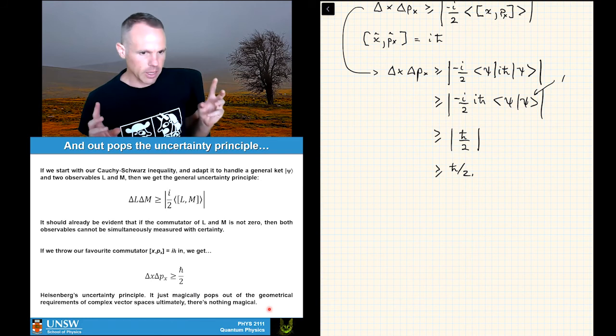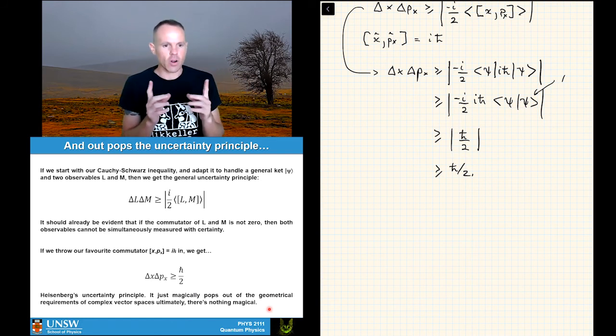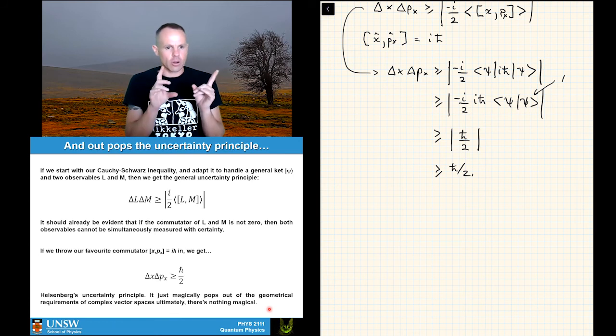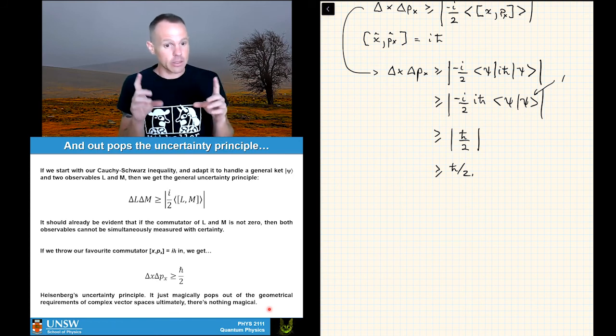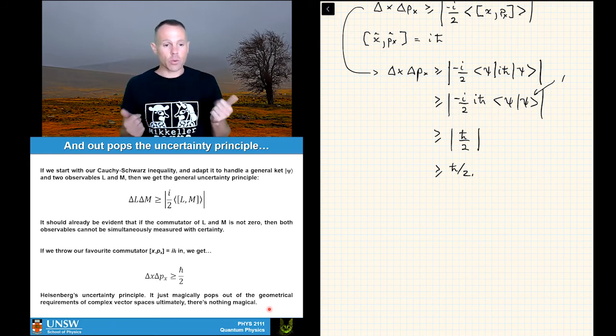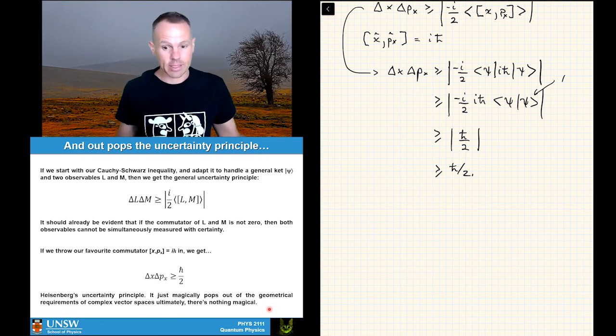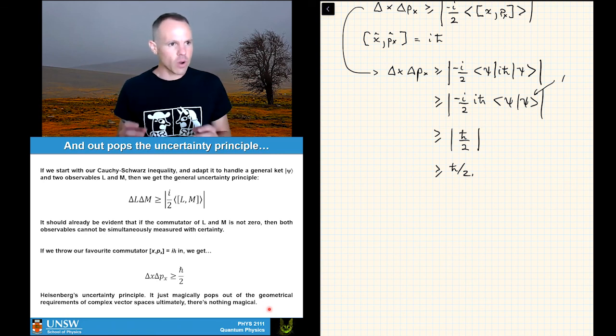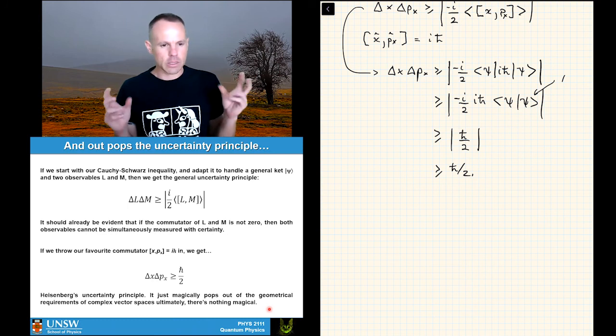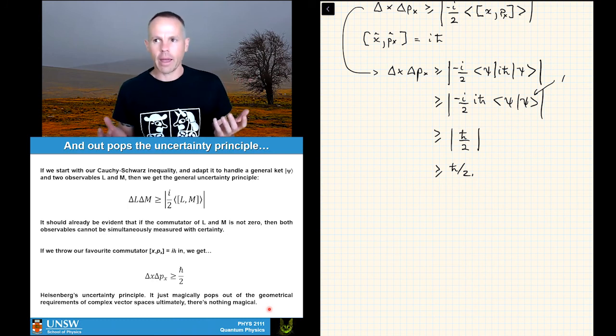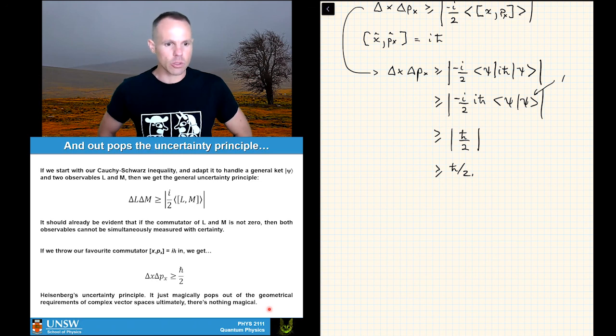And what I mean by geometrically sensible is that lengths have meaning, and if we make shapes like triangles, we can work out that certain combinations of the edges are bigger than other combinations in some way. So really, the uncertainty principle is just an axiomatic outcome of the maths that governs the world we live in. There's nothing really magical about this. And when you realize that, quantum mechanics actually becomes nice. It's another one of these things that people try to attach some weirdness or some mysticism to, that ultimately is just an outcome of, we live in a world where maths works the way maths works, and here is the physical outcome of that happening.